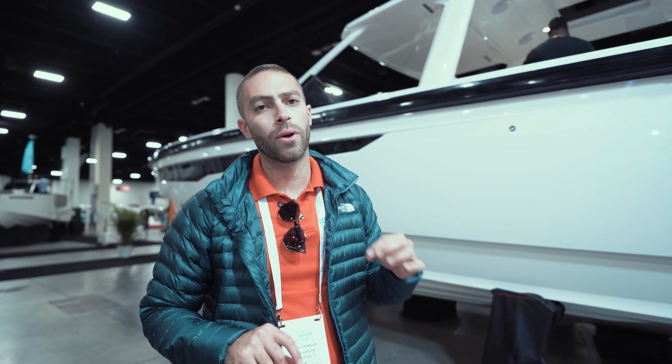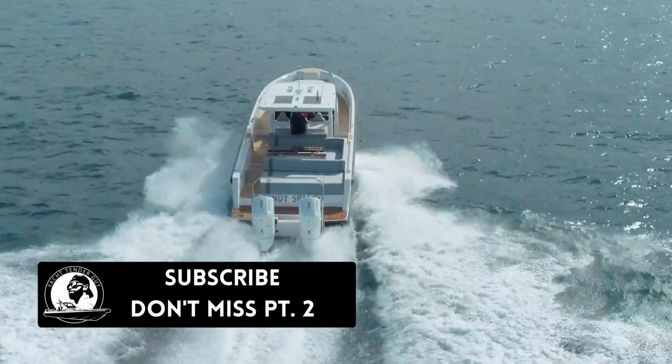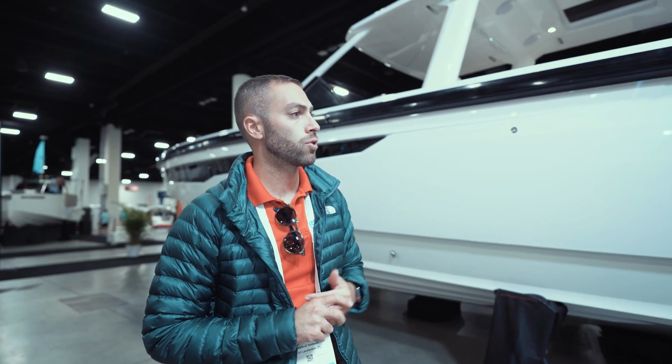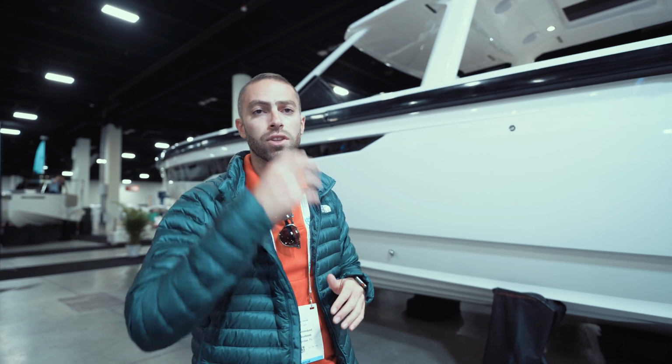We will be taking this boat out right after the show, and we're gonna do a full test on it, see how this Mercury 600s power up this beast of a boat. This boat in particular is already sold. It sold the first day of the boat show, so that's pretty exciting. We do have another one coming for December, and then we have more slots available